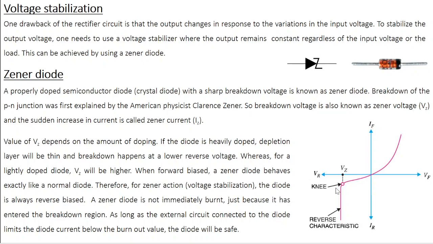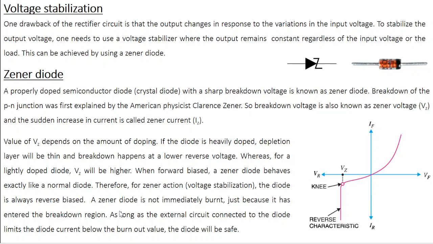Now, some of you may be thinking that when a diode is operated in the breakdown region, is it not going to damage the diode, right? This is what we have discussed in the case of a normal diode, because you have a huge current across the PN junction. Whenever there is current flow, there is power dissipation due to Joule's heating. In other words, a huge amount of heat is generated at the PN junction, which is eventually going to damage the diode, right? But one thing you have to remember,